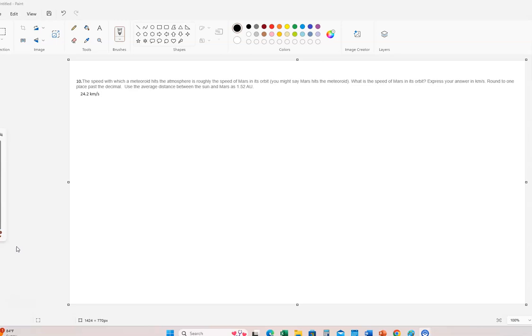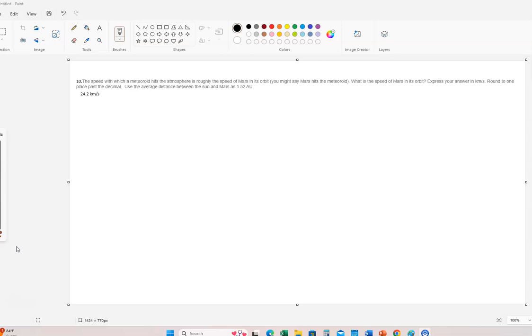Use the average distance between the Sun and Mars as 1.52 astronomical units. All right, and there's the answer, of course. The answer will come out to be about 24.2 kilometers per second. All right. So now how do we do this? One way to do it, of course,